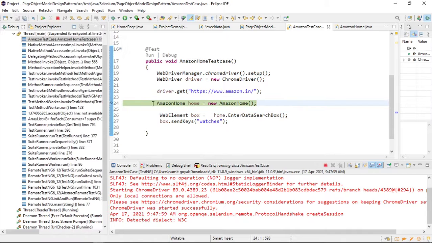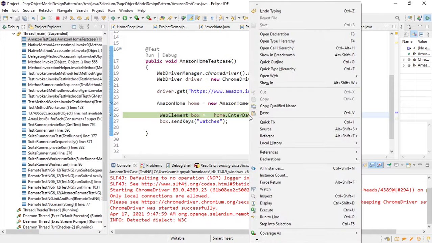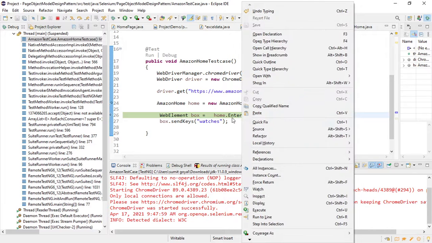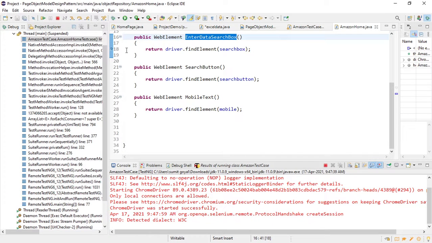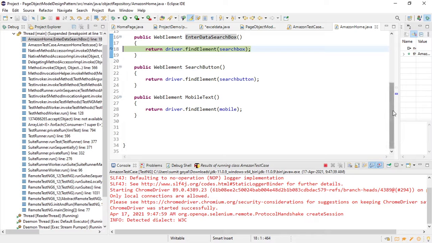Now we are creating the object. So this will create the object. Now what we are trying to do, from this object, I am calling this method. This is the method. So I placed a debugger, so it will stop here. So if I place one more, so now it is here. So if you see this